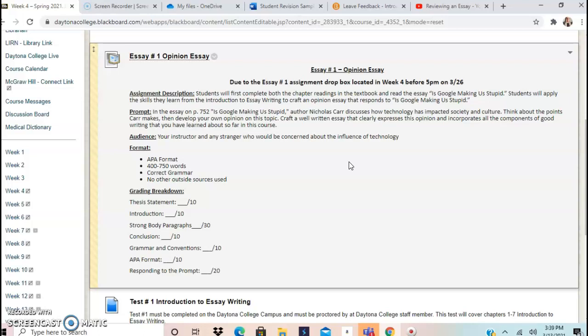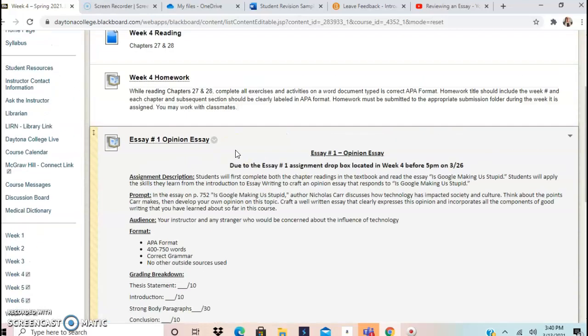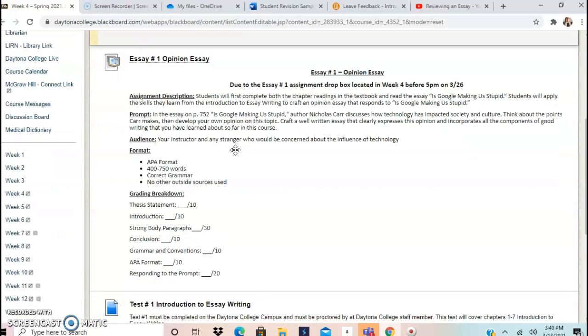You're responding to that piece in the textbook. Remember, it's on page 752. You should have looked at it last week. This will be due next week by Friday at 5 p.m. All of these concepts that you're reading about in the textbook, I want you to apply to this. If you get your essay done earlier and email it to me a few days ahead, I can definitely try to give you some feedback on that essay and email it back to you. I welcome that as we're looking forward.